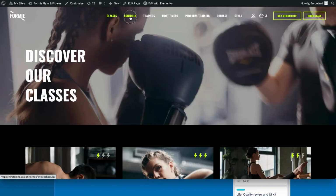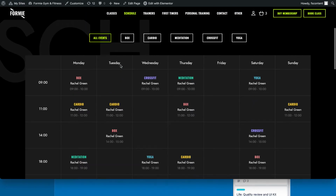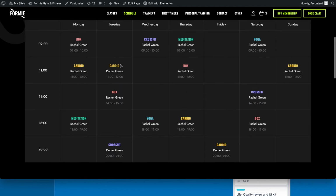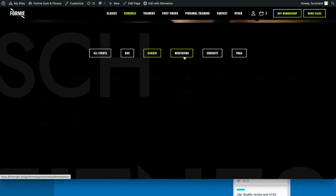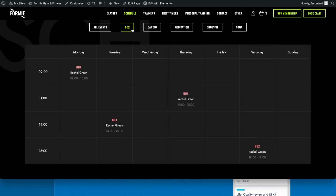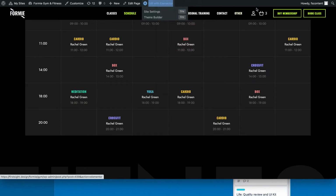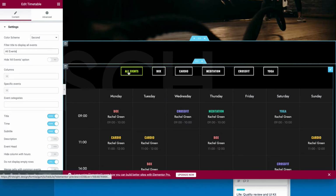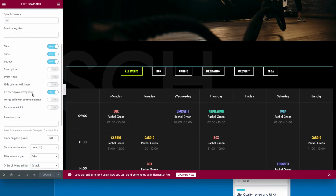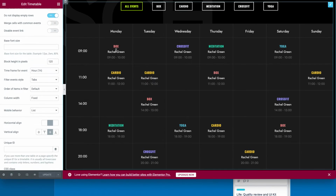Let's go back to edit schedule. Go to the schedule option right here and you'll see this beautiful calendar available. You can see that there is a filter by activity. You can filter the calendar and view only selected activity, or you can view all events on the calendar. Click on Edit with Elementor to open the page in the edit mode. So here you can change the title for this selector right here. You can also go through all the settings one by one, make changes you want,